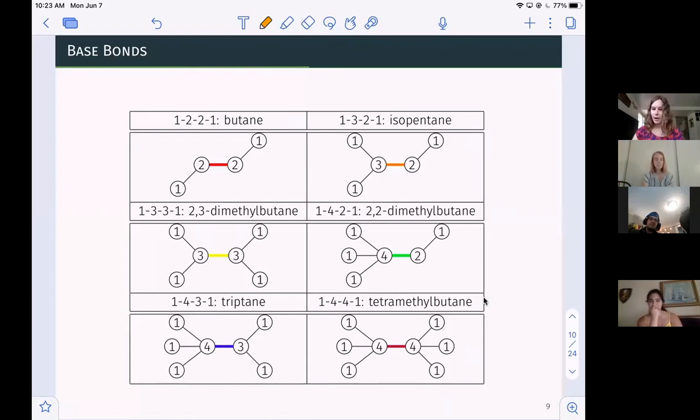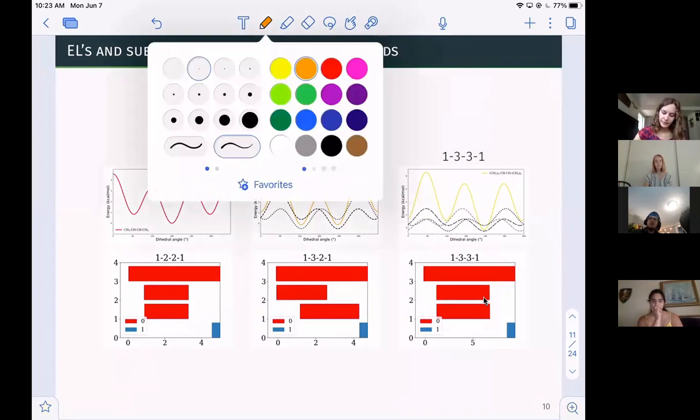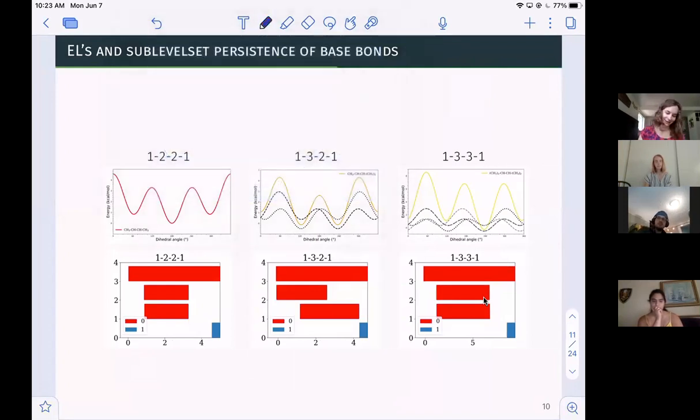So for each of these base bonds, we're going to have a corresponding energy landscape over the circle, right? Because they all have this rotational thing that's changing the energy value of our molecule. So we'll look at the first 3: 1, 2, 2, 1, 1, 3, 2, 1, and 1, 3, 3, 1. If we look closely, and I've stared at this long enough that I can point out a few things,